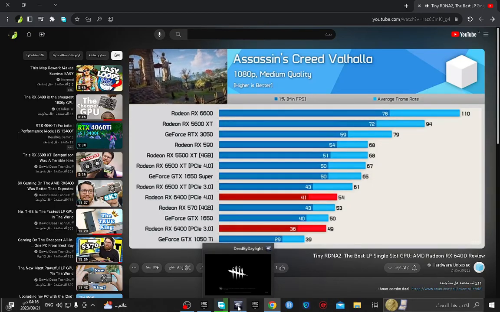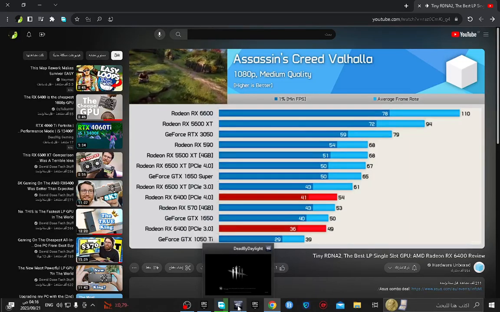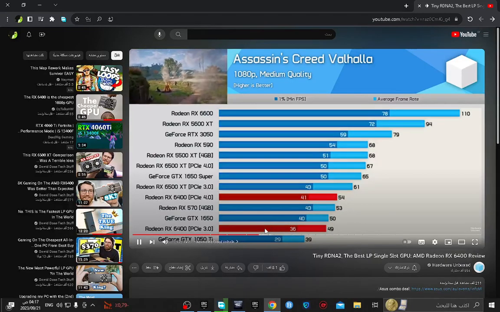Switching to PCIe 3.0, which will be relevant for those of you using old OEM PCs, performance dropped by 9%, and now the RX 6400 is slightly slower than the GTX 1650. We're also looking at a 20% performance drop when compared to the RX 6500 XT. So certainly very underwhelming performance there, given